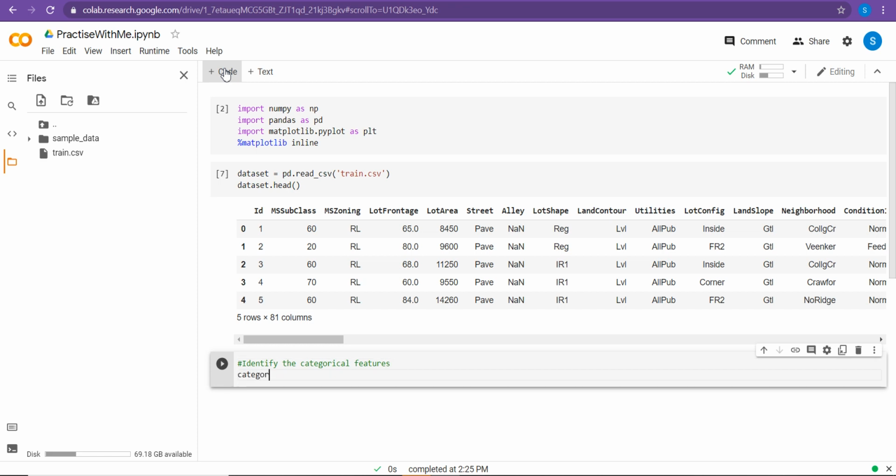Categorical feature equal to, I for I in data set columns.